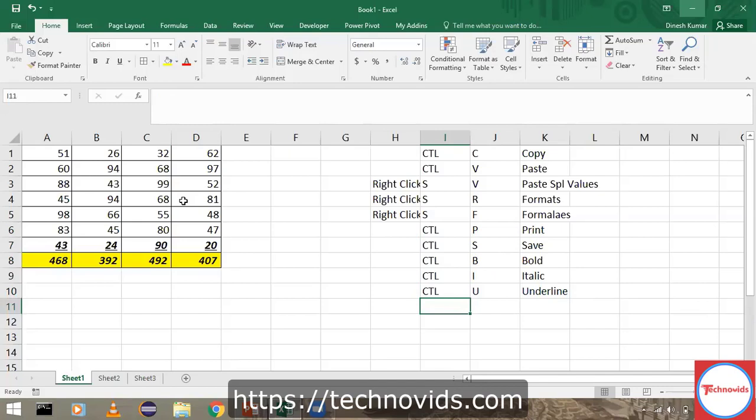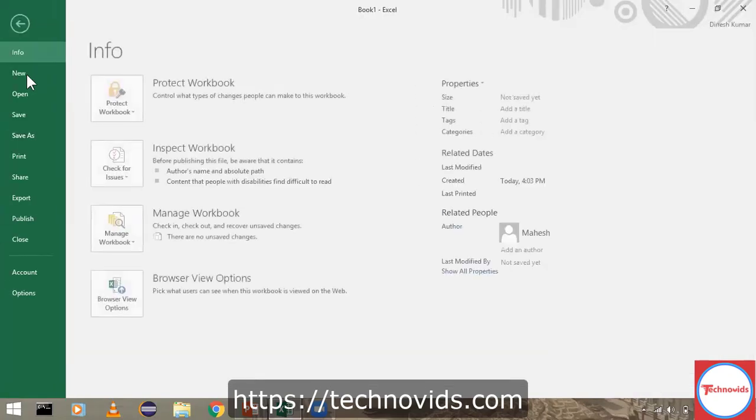We'll see some more additional shortcut keys. Let's say I'm working on this particular workbook and I want to instantly open a new workbook altogether. Then Control N would be the shortcut key. So Control N for opening a new workbook. Generally, to open a new workbook, we go to File, and then New.